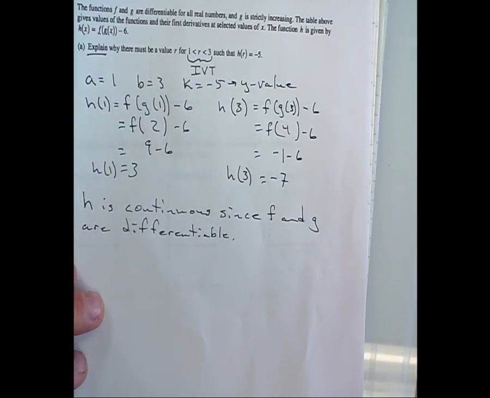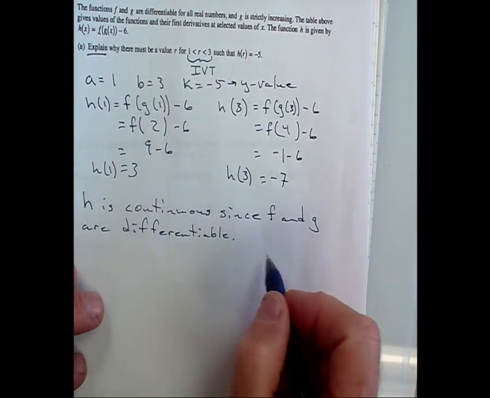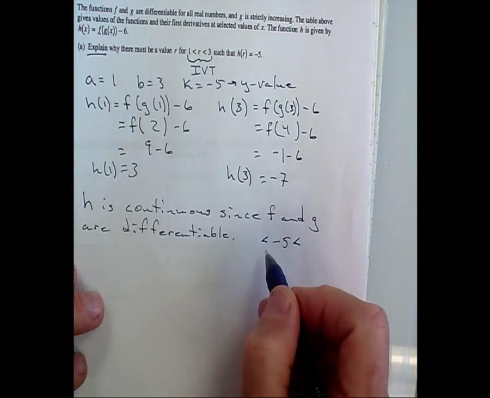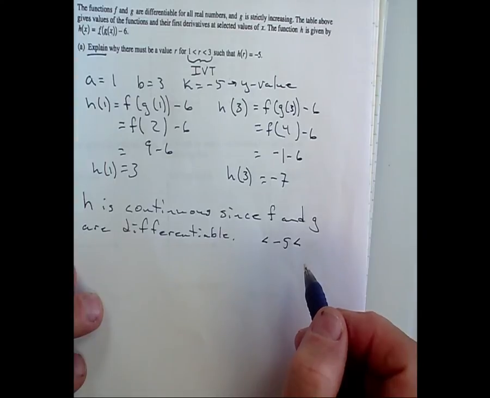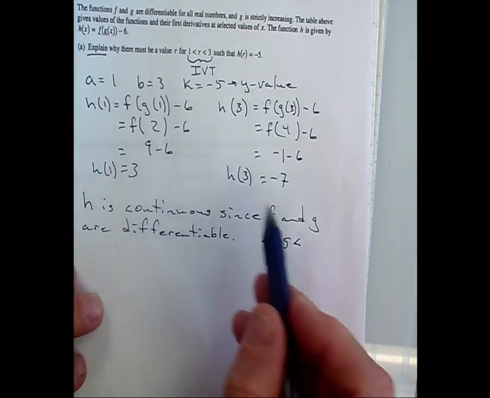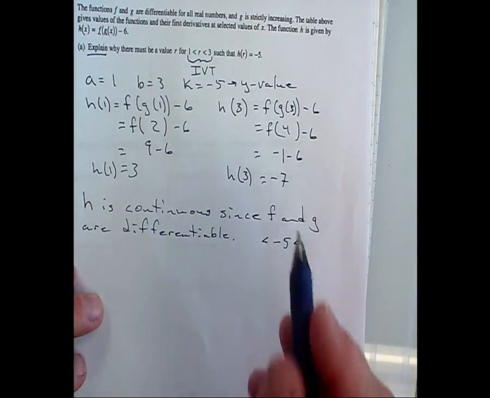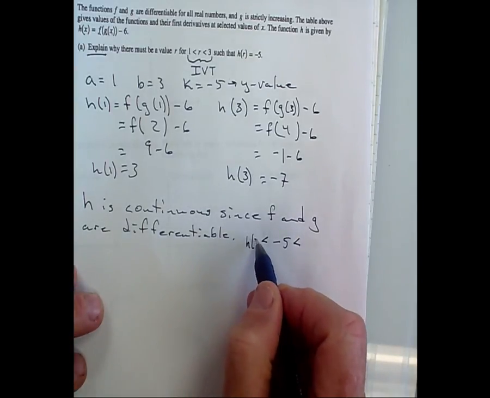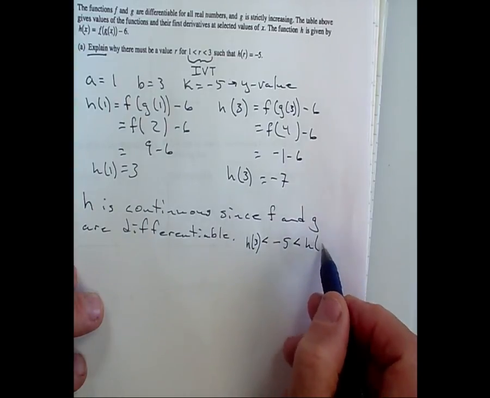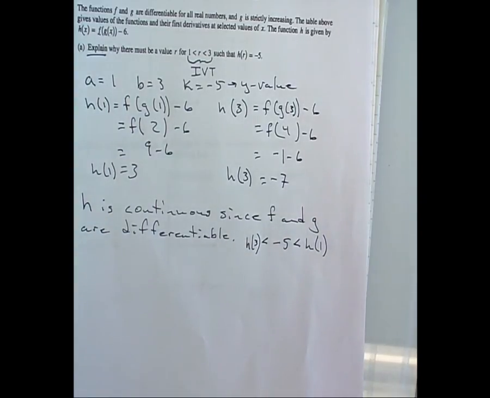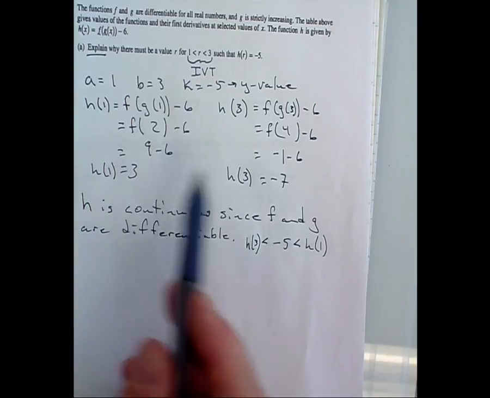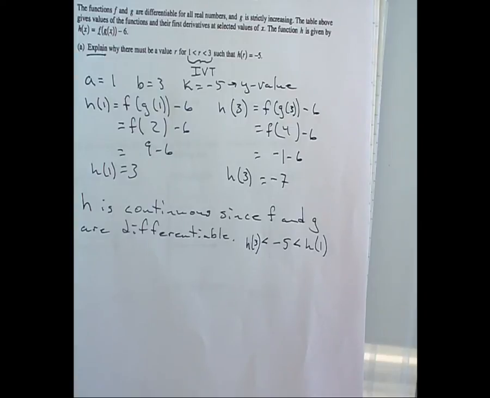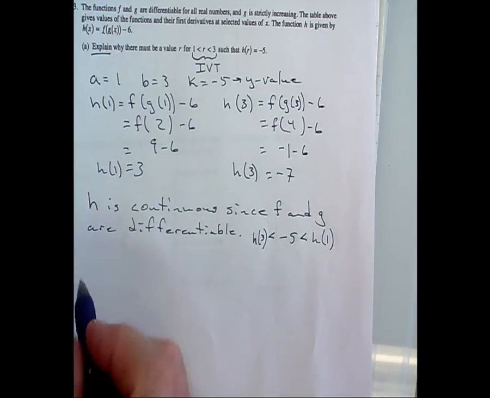Okay, so then negative 5 is in between 3 and negative 7. You're almost correct. It's between 3 and negative 7, so I can write this: H of 3 and H of 1. You could put a negative 7 here. Since I said negative 7 came from H of 3 and 3 came from H of 1, I can do that, but I usually write it in that form. So,